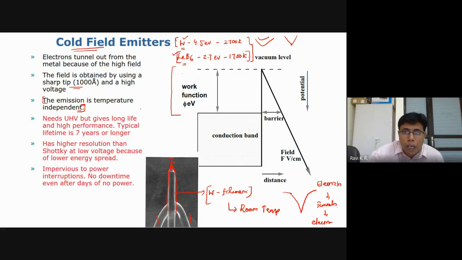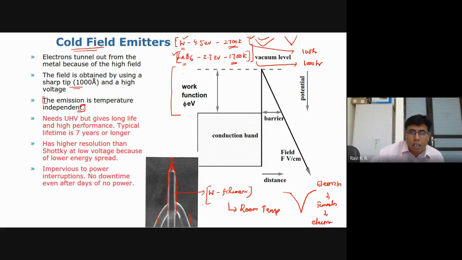Since we are not heating the element, let's say if I use a tungsten filament, you heat to 2700 K, and on the other hand, with lanthanum hexaboride you heat to 1700 K. So the tungsten filament, as I said, will last only about 100 hours. This filament, because of the lower temperature, you will get about 1000 hours.